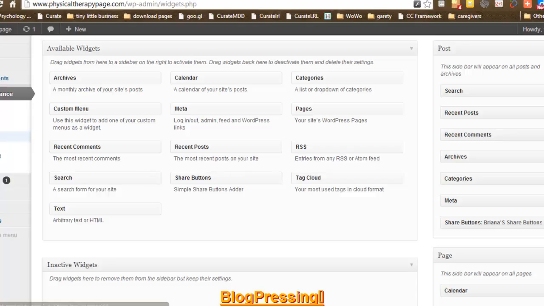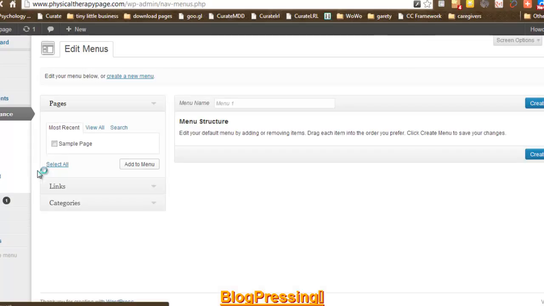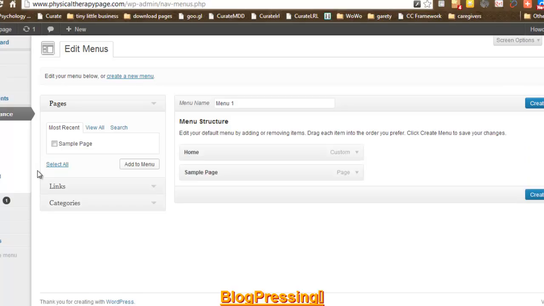Down here you can set up your menus. You could use your pages, like some people will have an about page, some people will have a contact page, some people will have a mission statement page, or some people will have a privacy page. So what you can do is you could use your pages. Right now we just have one page, which is a sample page. We can add that to our menu if we wanted to,